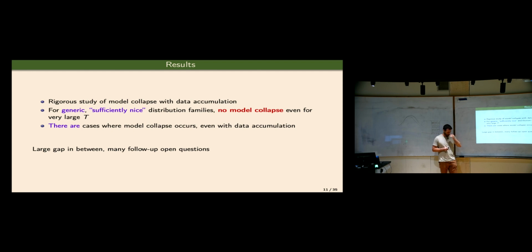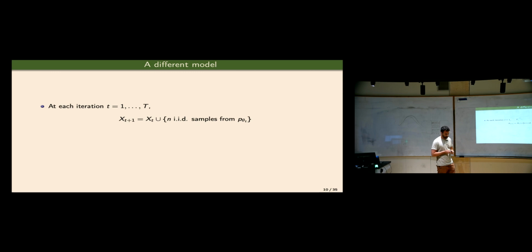Just to make sure about your previous slide: do you claim there's a real gap between the replacement or continuous settings, or do you just say you're focusing on this because it's more realistic? No, there is a real gap. And intuitively, why, if as t grows, the portion of the real examples is becoming negligible? Why should the drift be, let's say, half as quick? It has to do with how the variance between each model and the previous one is changing, and I'll talk about this more in a few slides.